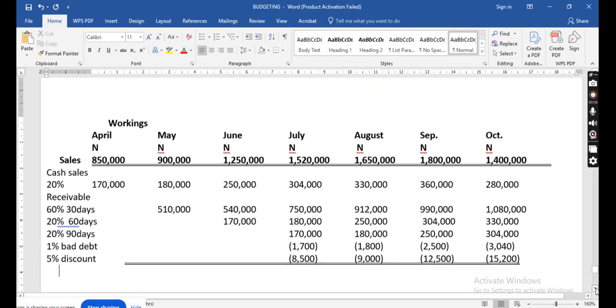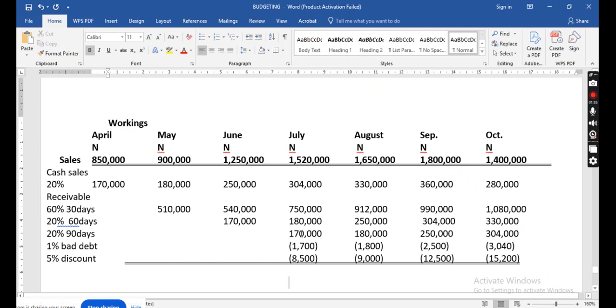Sir, please, I want to ask a question. Go ahead. Based on what you just explained now, we assume that the rest that is left is on credit, which is 100%. So when I tried to apply it, the third one was giving me 136. And when I added everything together, I still got the same 850 from the beginning.